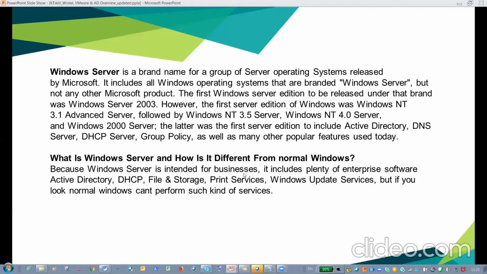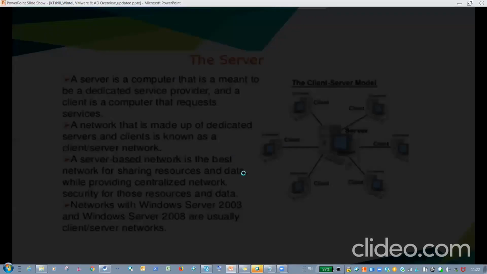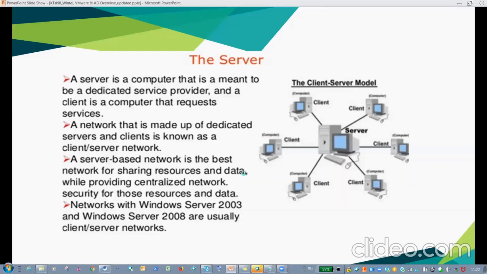Windows Server always makes sure to connect with the clients, and it's a platform where the users and user clients get the resources from the Windows servers. But normal Windows is a client Windows that is used by the users. It's different. Okay, let's move on to the server. What is the server? What is Windows Server? Why? How?